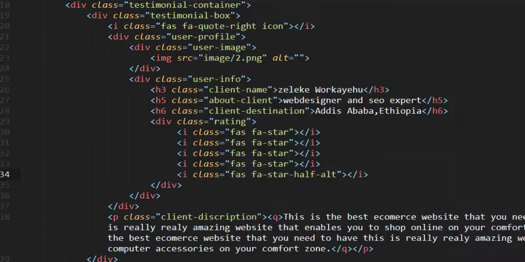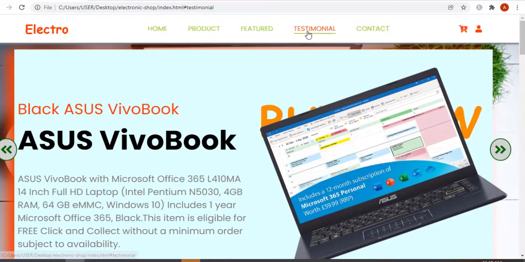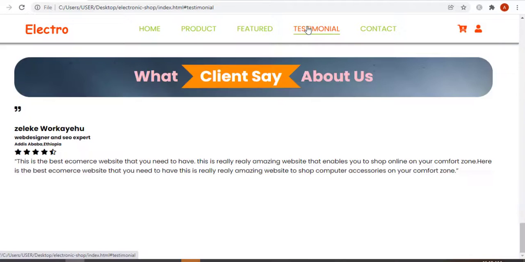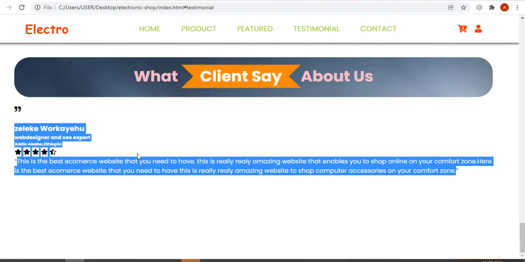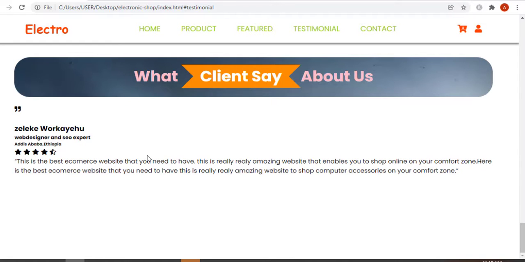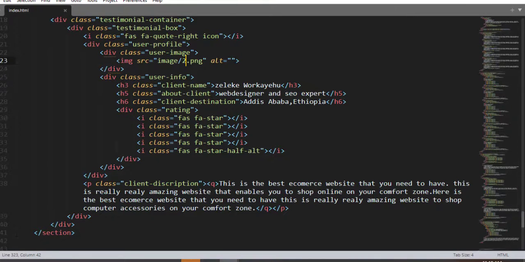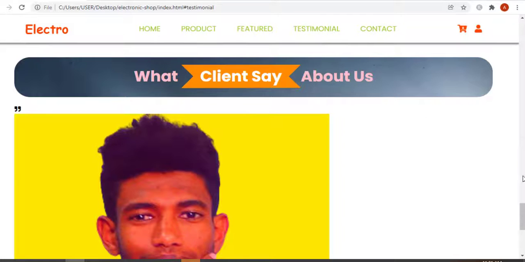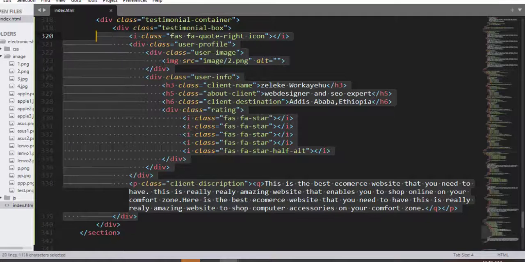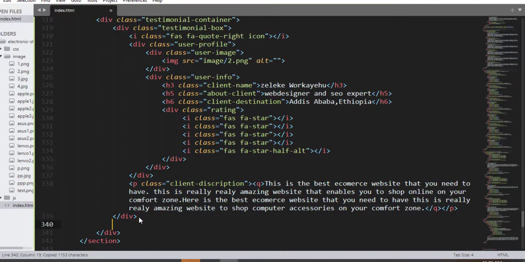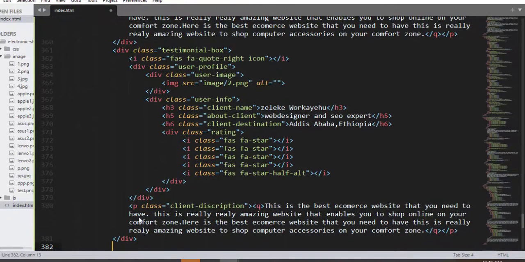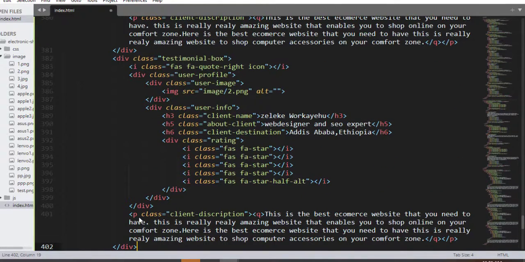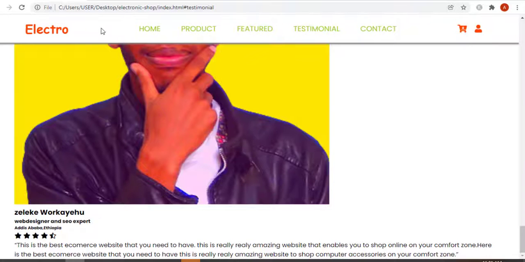Nice. And now having this, save and refresh in my web browser. When you click this testimonial, you see this is, but the image will not be displayed. So we made a mistake in the image location. Here we have, right? Nice. And now let me copy the elements inside this testimonial box class selector and paste as much as you want. So here we have. Now when I save and refresh,